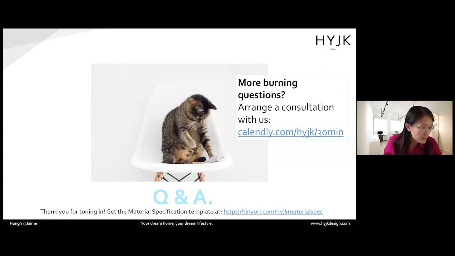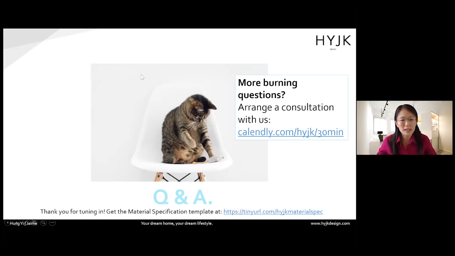Okay, how to maintain a clean solid top, since it's prone to stains and scratches? For solid top, you have to be very careful about heat. When you cook, you can't put a hot pot directly on the solid surface top. Most likely it will melt. If you go to shopping centers, you see some countertops made of solid surface with cigarette butt stains. Once it happens, it's very difficult to remove all this melting and staining. Very, very difficult.